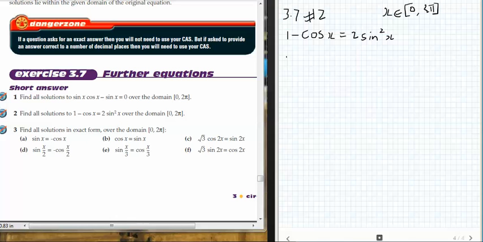Now, I've got a little problem in this question. I've got a cos of x and I've got sine of x, and I've got a 1, so I can't do a division and get tan because I've actually got a sine squared. It'd be really good if they were both cosines or both sines. There's no way I can turn cos x into sine of x, but there is a way that I can turn sine squared of x into cos squared of x, because I know that sine squared